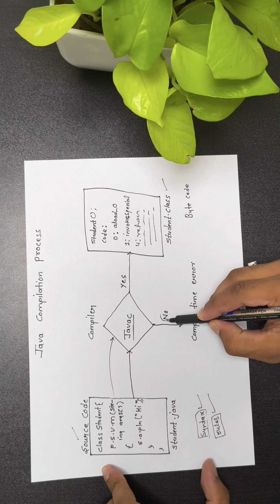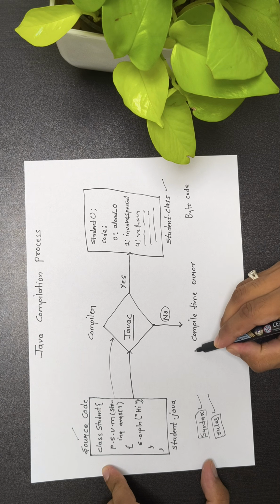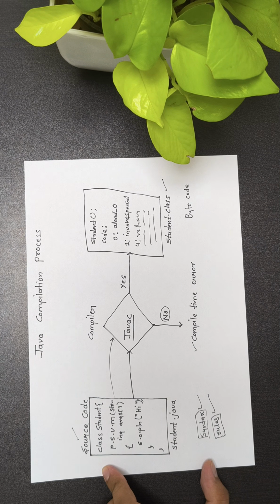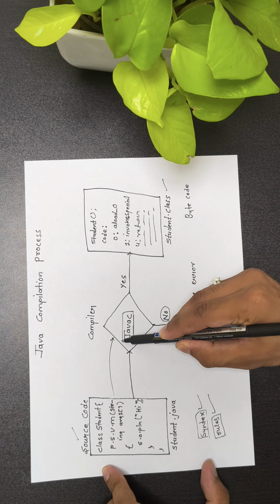But what if you have a problem inside your code? That means you have written something wrong, the grammar of your language is wrong. At that time, javac will throw a compile time error. What will javac throw? A compile time error. So this is how the Java compiler, called javac, compiles your code